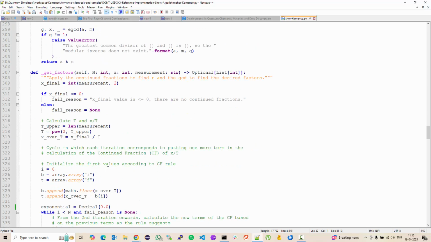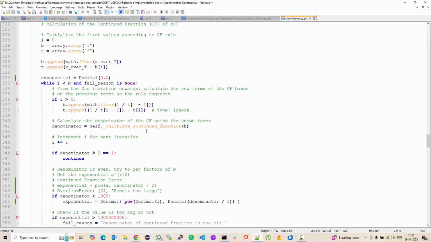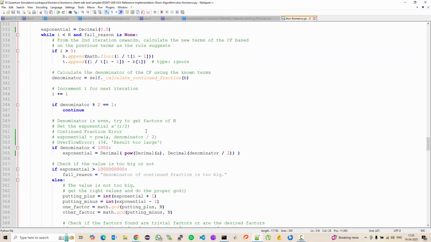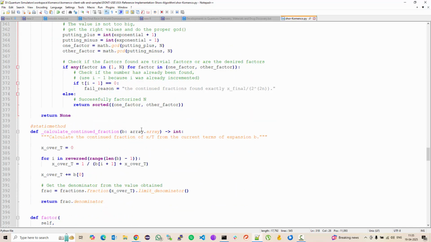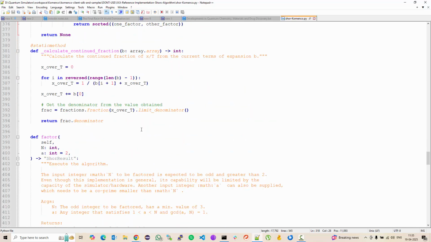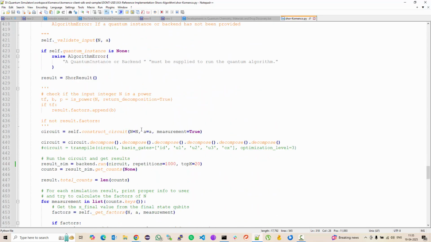Modular inverse, and this is the routine where you classically get the factors from the Shor's algorithm results, which get executed over the quantum computer. This is basically continued fractions, and so it has a lot of issues, but anyway, this is the code,